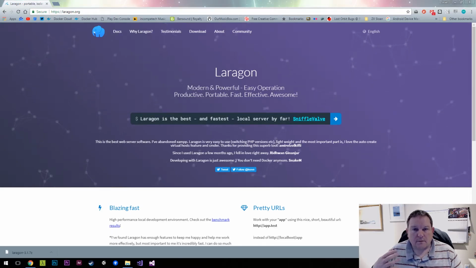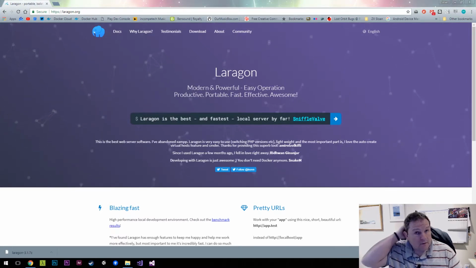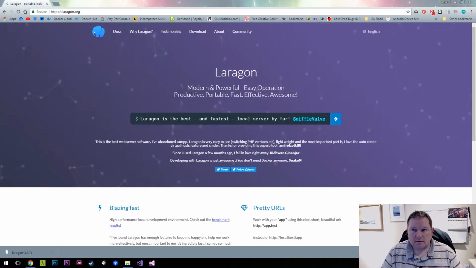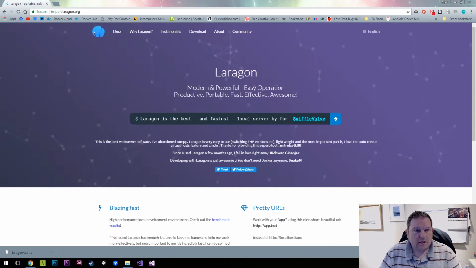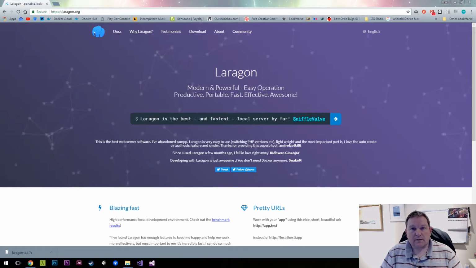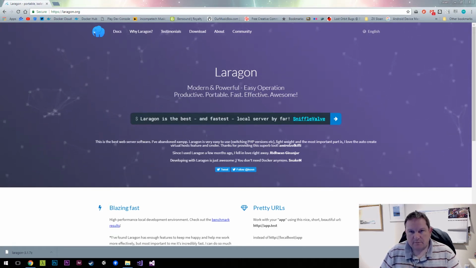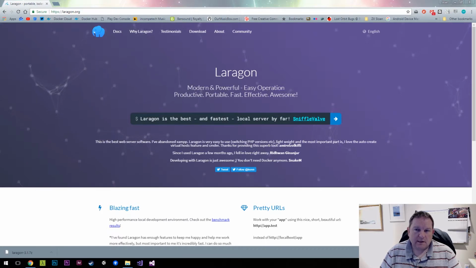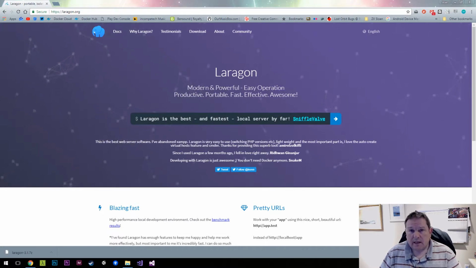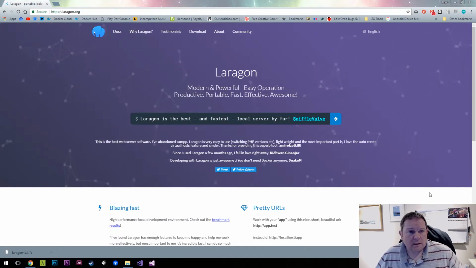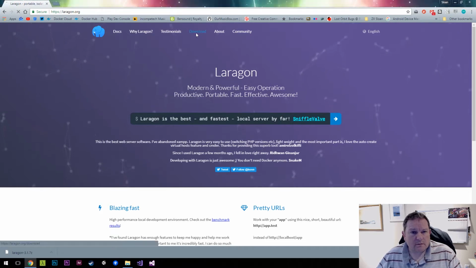Because I'm going to assume that we're going to be running this on a local network, because you don't want your sticky notes to get outside. This is just an internal thing. We can just run a cheap and cheerful web server such as Laragon. And what Laragon gives us is PHP, MySQL, and that's really all we need, and also a web server to run it on. So if we go to download,